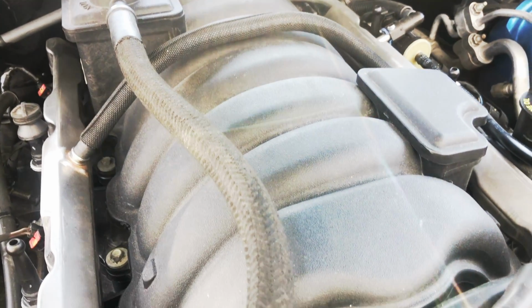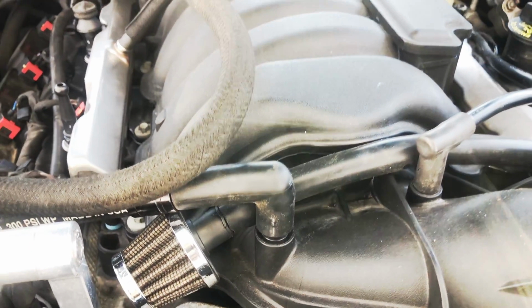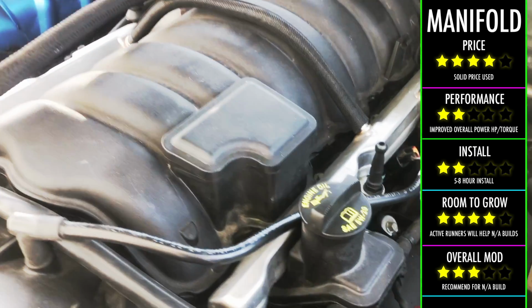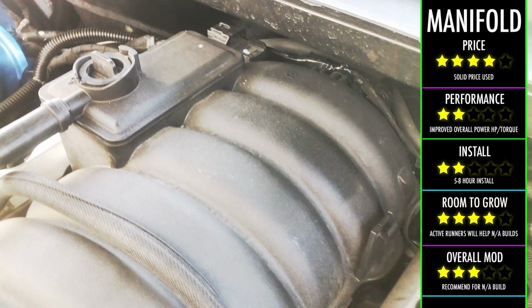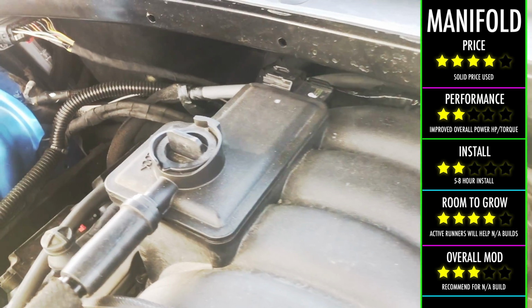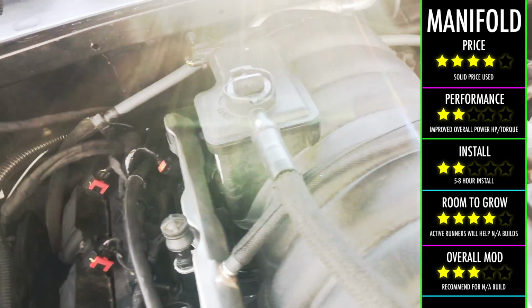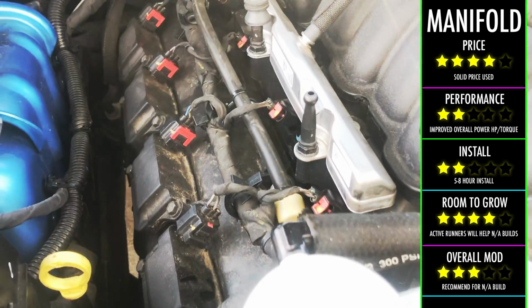Now, the intake manifold is off of a 392, and that ended up costing me about $450. It was used, and the person that took it off of their 392 put about 13,000 miles on it. So $450, and then the install was about 6 to 7 hours. Now, the install was really kind of a pain in the butt because it involved mostly wiring for the active